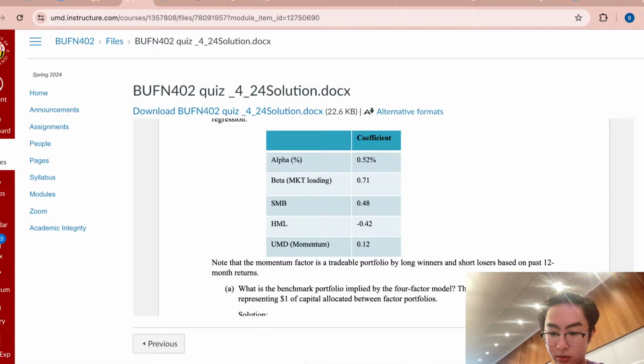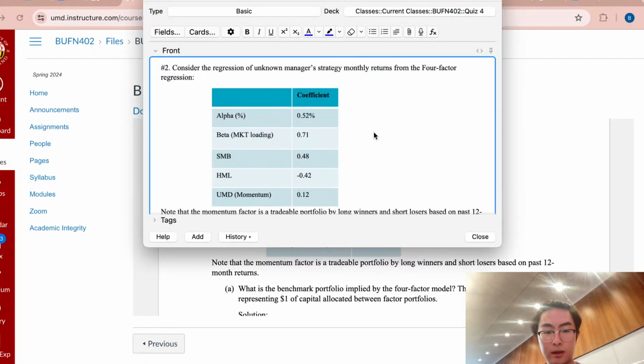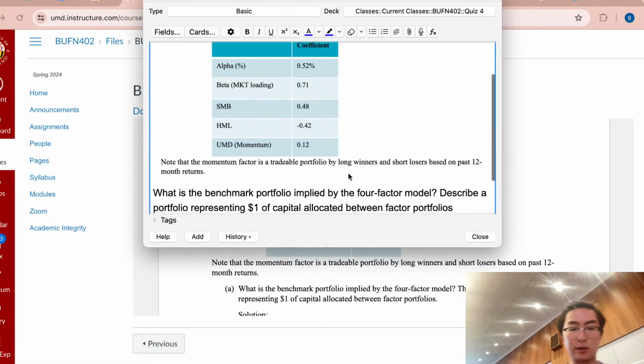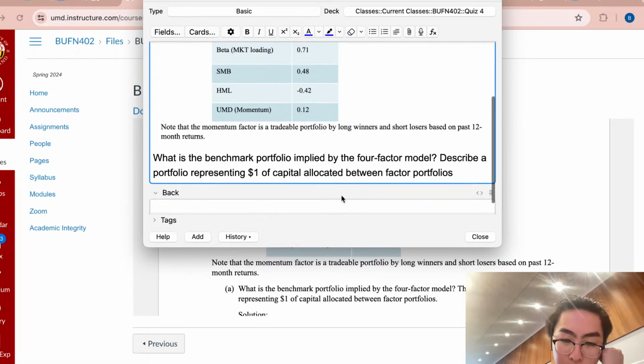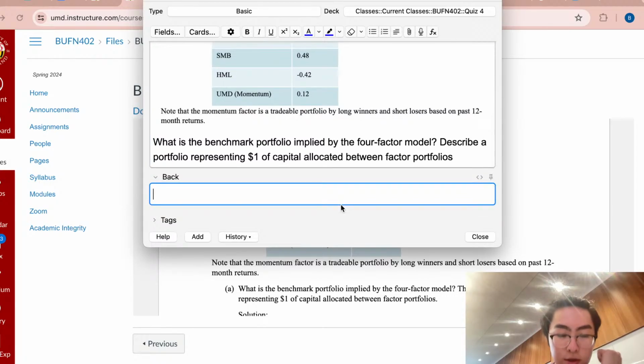Okay. So when it says describe a portfolio, we can think about